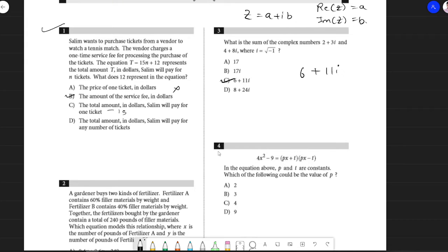If a squared minus b squared is written, I can write it as (a minus b) into (a plus b). This is an identity, right? So here I am able to see this is (2x) whole squared minus 3 whole squared. It is a squared minus b squared, so I can write it as (2x minus 3) into (2x plus 3). Also on the right hand side, the same type of identity is written, so p is the coefficient of x, so it will be 2.